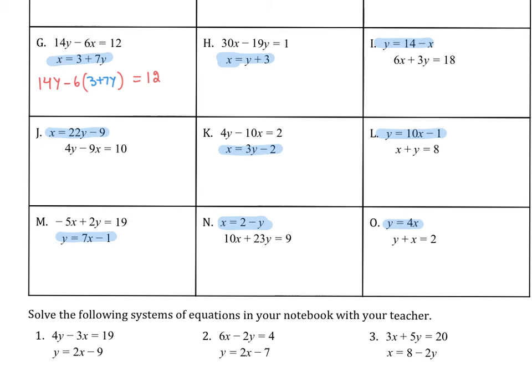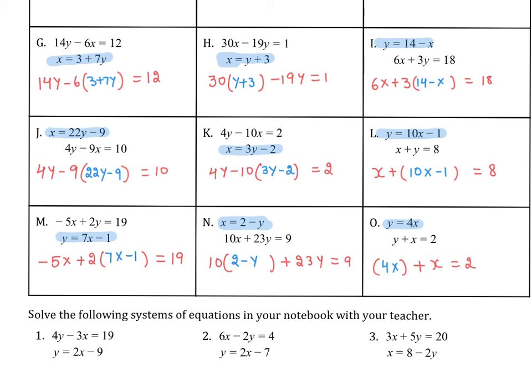So you're going to pause this video, try the rest of the problems, and then play it again to match the answers. For letter H, you're plugging the x value into the first equation, and that's your answer. For letter I, you're plugging in this y value, because it is isolated, into this equation, and you made this whole equation into x. In this case, x is isolated. You're using the x